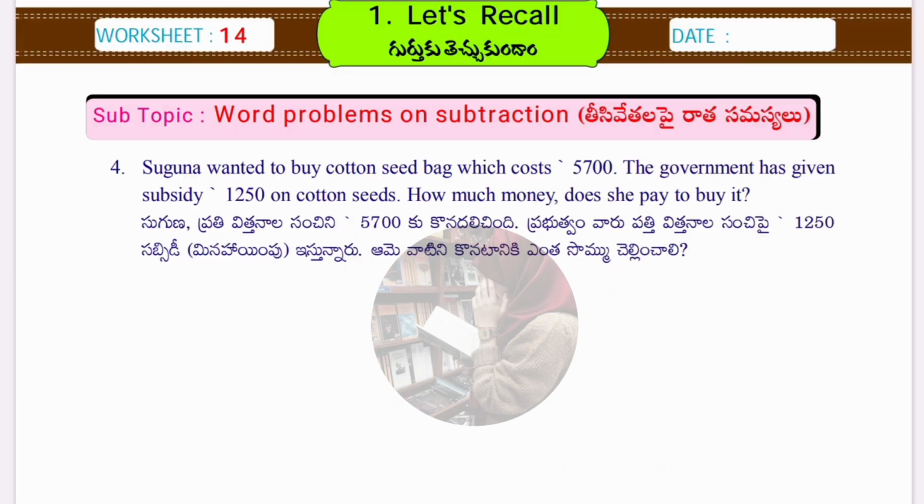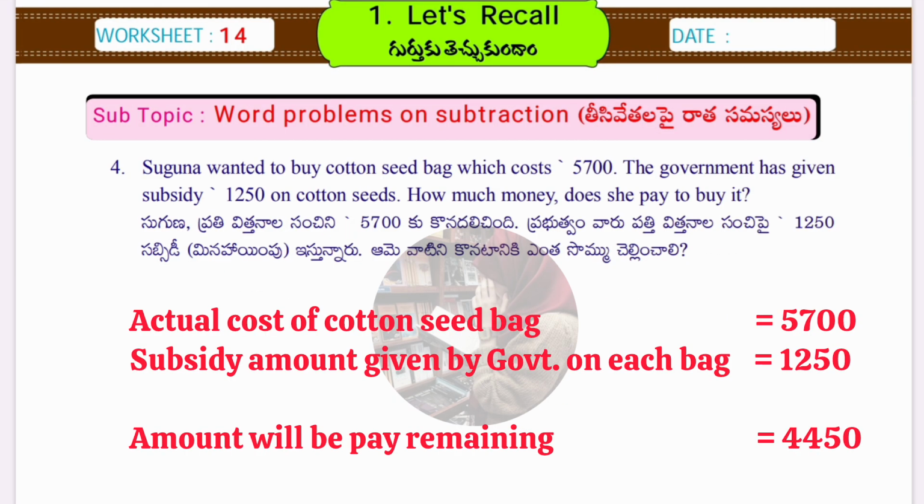Okay, now we'll see the fourth question, which is Suguna wanted to buy cotton seed bag which costs 5700. The government has given subsidy 1250 on cotton seeds. How much money does she pay to buy it? Okay, so answer is actual cost of the cotton seed bag is 5700. So subsidy amount given by government on each bag is 1250. Okay. So now we'll find out the amount of pay remaining. Remaining amount we have to pay means we have to do the subtraction. So 5700 minus 1250 is